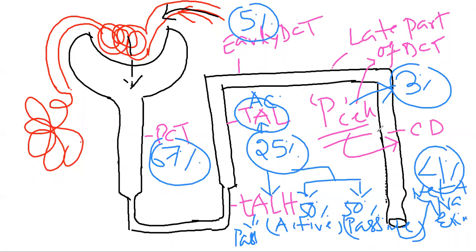So again, in the last part, we have noticed that the descending thin limb of the loop of Henle will not take part in the sodium ion reabsorption process. Rest of all parts, as well as the loop of Henle, in these two sides no sodium ion will be reabsorbed. Otherwise, throughout the nephron in every part there will be sodium ion reabsorption in different processes.